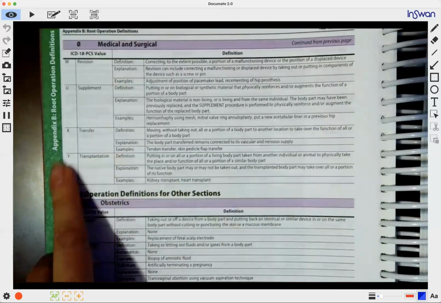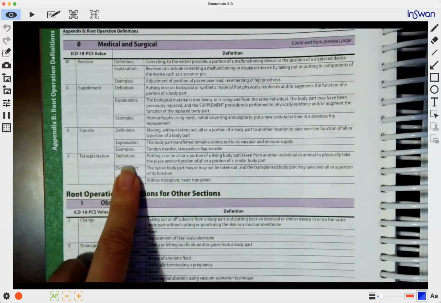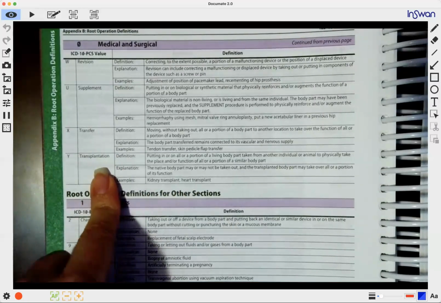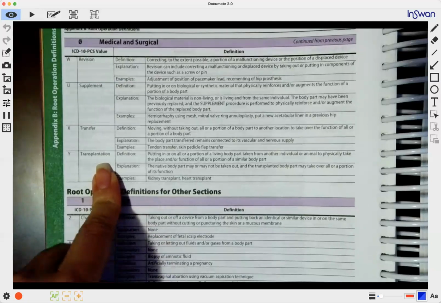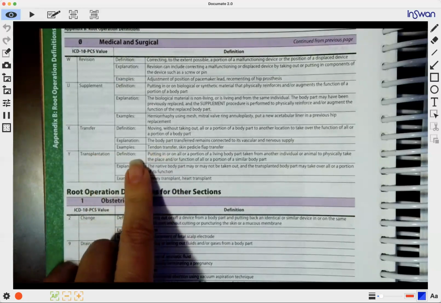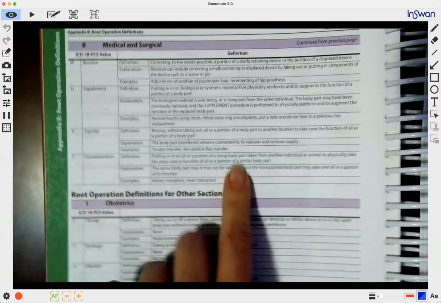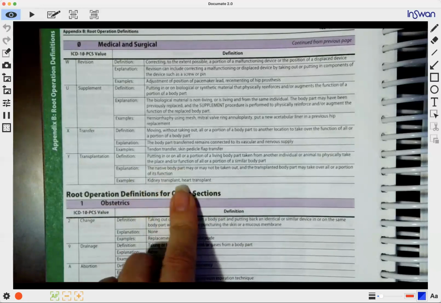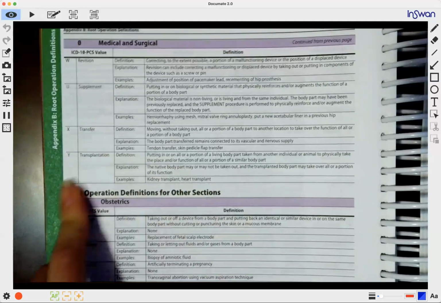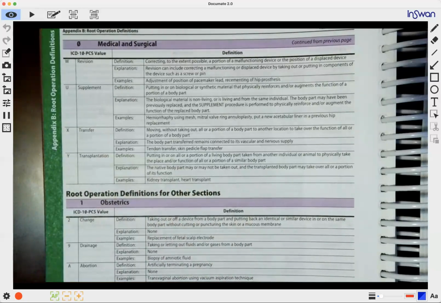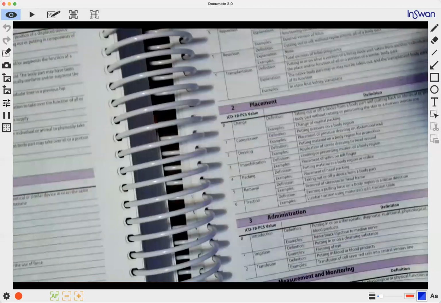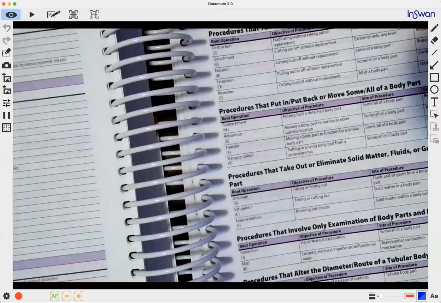I think transplantation is pretty clear and pretty straightforward. Obviously, some body part or organ has been replaced, and it could have been replaced. It could be a zooplasty, so it could be an animal, or it could be another human, right? So a kidney transplant, a heart transplant, any kind of a transplant, and transplants are going to be pretty obvious. Now, with this particular version of the code book and many others, I'm sure, there's this other table,